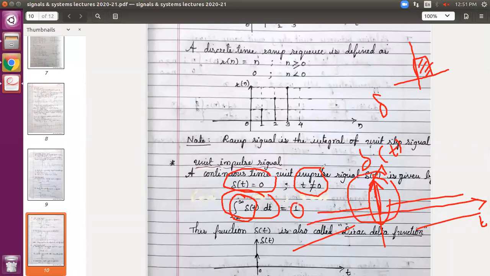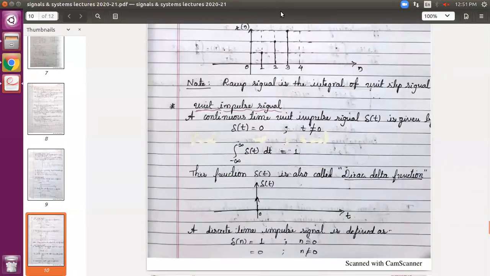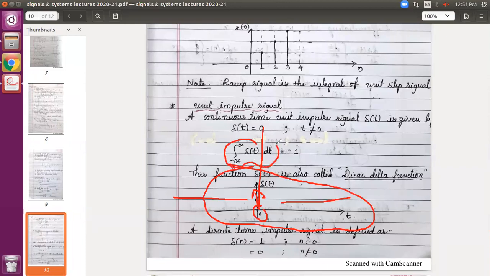Hence, if you see below, I have drawn it. The signal looks like this. We don't have any amplitude on both sides, except at t equals 0, showing this straight line, extending like this. The amplitude, we are not indicating 1. We are telling that the area under that line is equal to 1, indirectly. So whenever you get something like this, it indicates an impulse. Remember this.